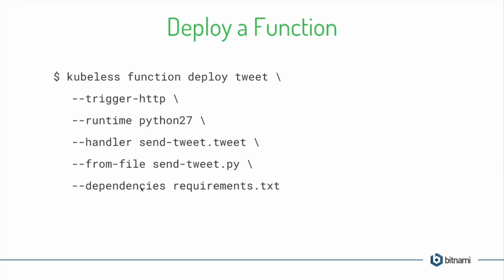And then you just need to give it some basic information. So first I tell it that it's triggered by HTTP. In other words, that will hit a URL, and that will cause the function to fire. Secondly, I'm going to tell it that it's a Python 2.7 runtime. We support 2 other runtimes right now. You can use Node.js and you can use Ruby. It's very simple to add other runtimes. So if your organization has other scripting languages that are important to them, you can make runtimes for those languages